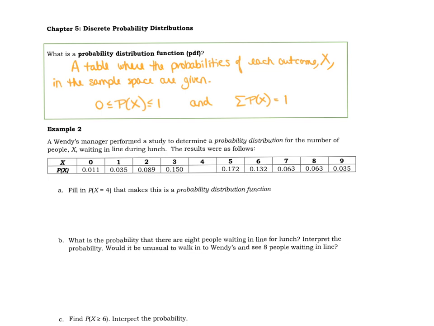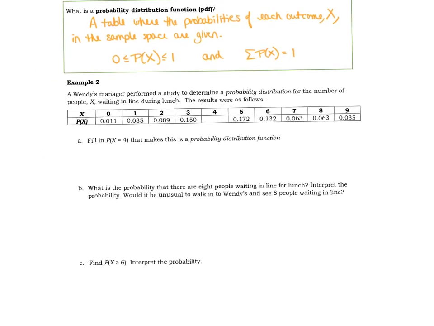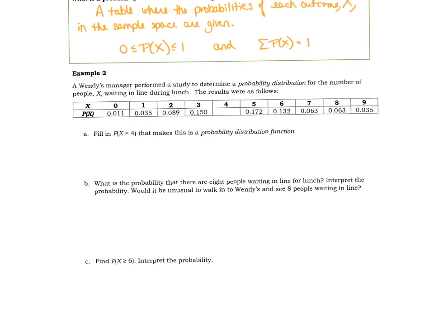Now again, I know that that can look a little scary. Got some big math terms in there. Let me break it down for you. I'll try to make it as easy as possible for you to understand it. So here is an example. A Wendy's manager did a study and made a probability distribution for the number of people, X, waiting in